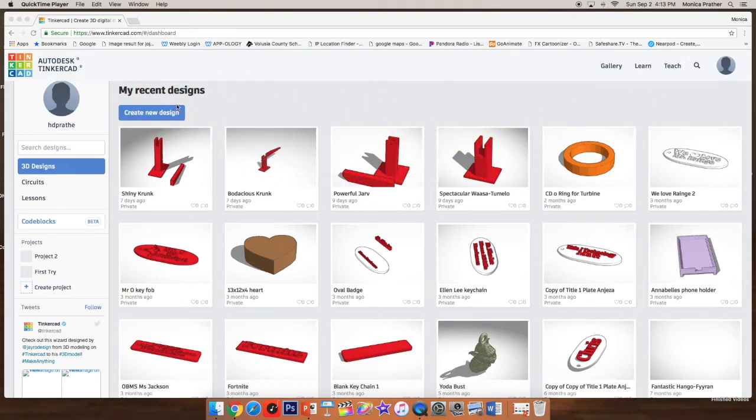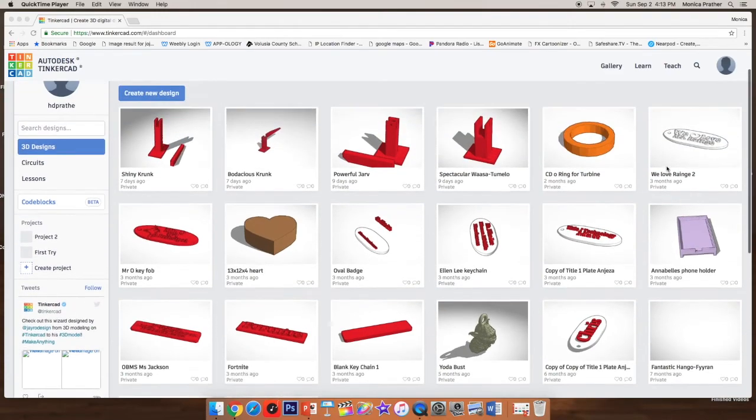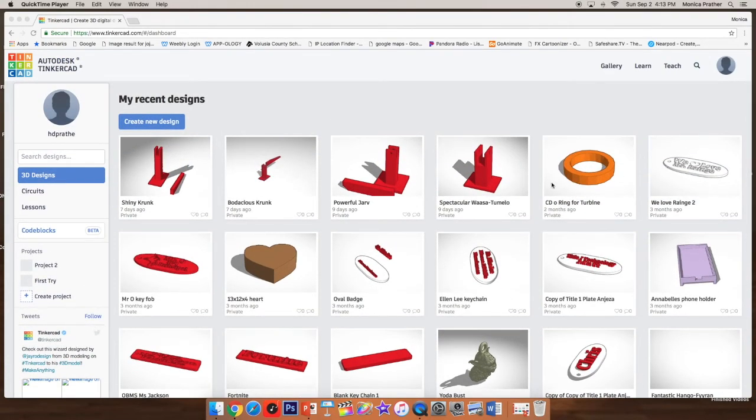Here are my recent designs from the past year. The oldest one is at the bottom, a year ago. And you see on the names, some of these have been auto-named, like the Shiny Crunk, Bodacious Crunk, the Powerful Jarv. These are all auto-saved. Every time you do something on TinkerCAD, it gets auto-saved and auto-named. So if I did want to change the name, I would just click on that Shiny Crunk there, and I could change the name. So skipping that, we're going to go to Create New Design,